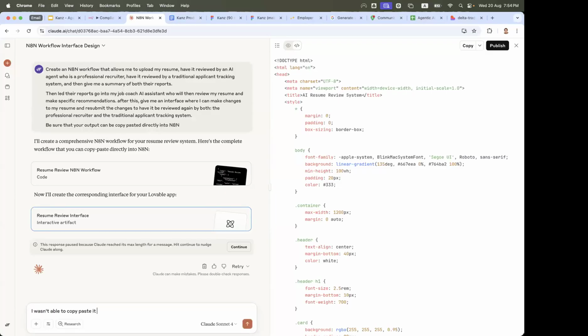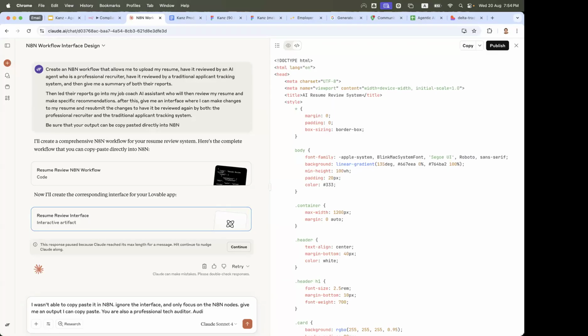Copy paste it in N8N. Ignore the interface and only focus on the N8N nodes. Give me an output I can copy paste. You are also a professional tech auditor.